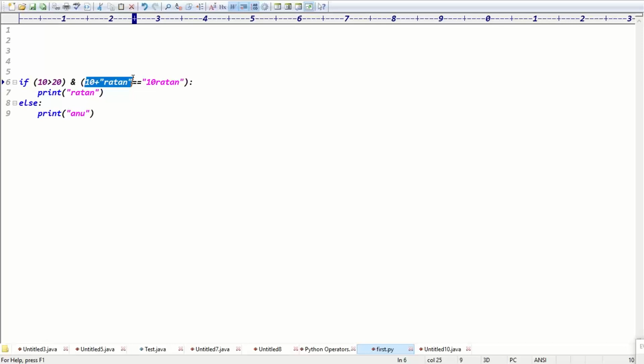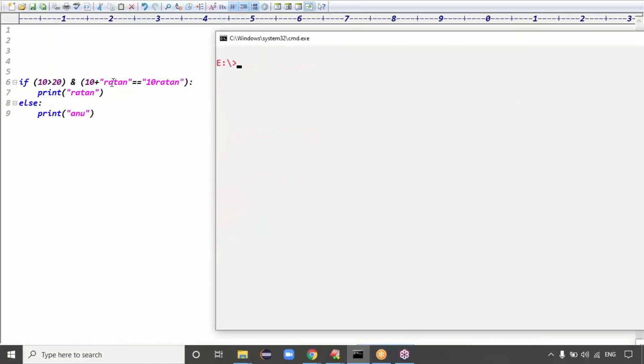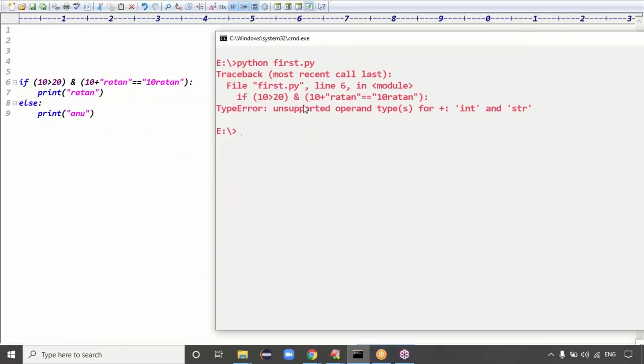Bitwise operator means it will check both conditions, and the second condition generates an error message. This example generates a type error, because I'm using single and, which is a bitwise operator. It will check both conditions, then only decide the result. The second condition raises the type error, so this example definitely gives a type error, right?